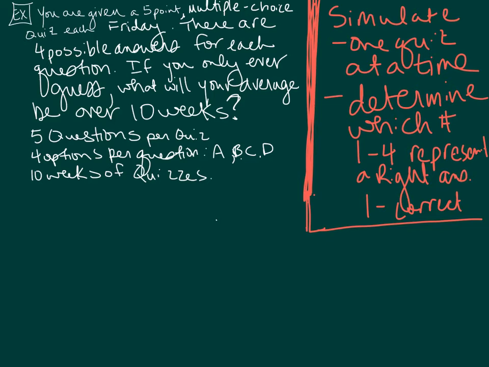So now for the simulation. We're going to simulate one quiz. That's 5 questions, and my options are 1 through 4. So my low is 1, my high is 4, because those are the number ranges. And there are 5 questions, so I want a list of 5 numbers. So looking at that on the calculator,